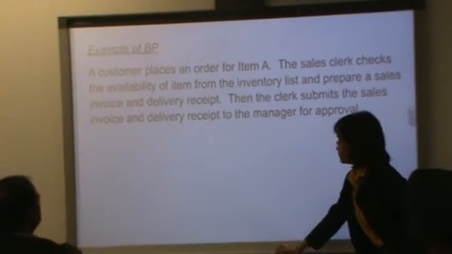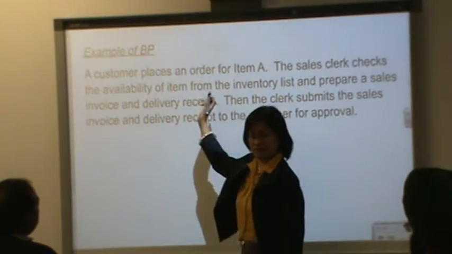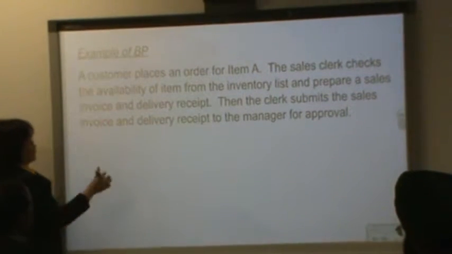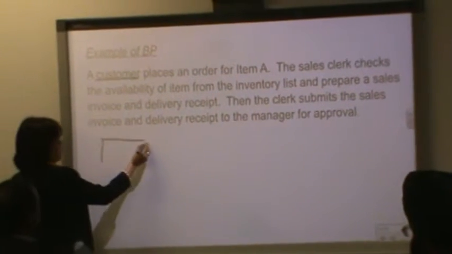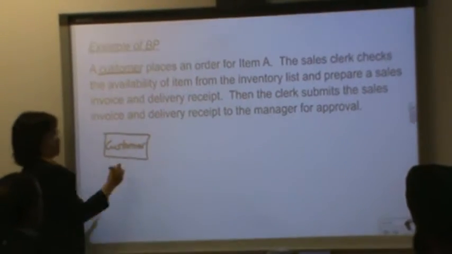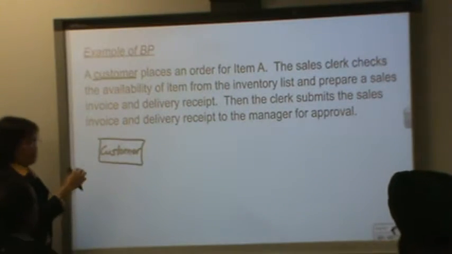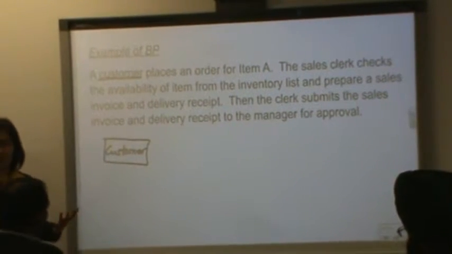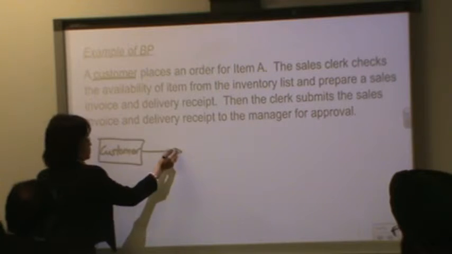Now, if you will draw a data flow diagram, you will just simply look at what are the activities and who are the providers of data which you will transform into information. In this case, we have the customer, right? So, you use this one. Right now, I am demonstrating how to analyze a business process. Okay, you will do that later in your activity. So how do you know that this is the symbol? You use this when you want to show an entity or a person providing the information or receiving the information. And then what does that person provide?